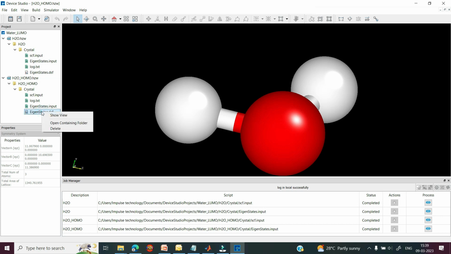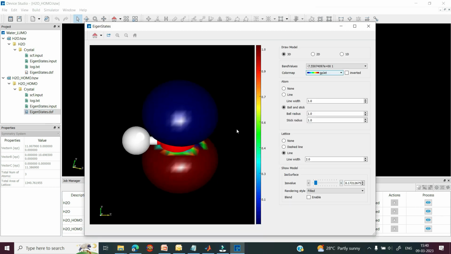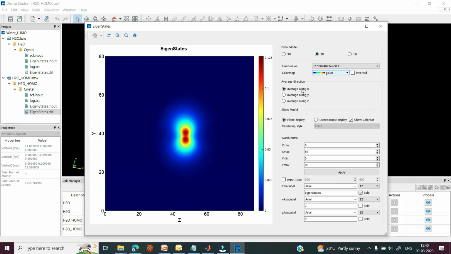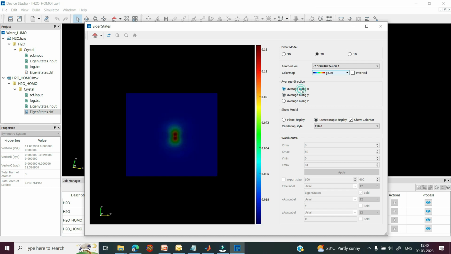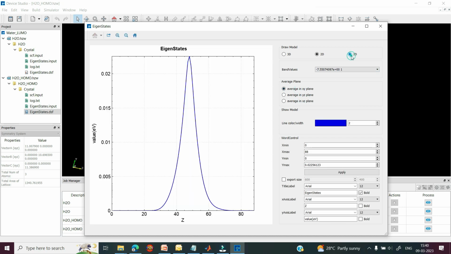Then you can select this other eigenstate.dsf file, right click, select this show view, and this is the eigenstate for this HOMO value. This is the 3D view. If you want to show the 2D, this is the 2D view along x axis, y axis, z axis. This is the planar display. This is the stereoscopic display along z axis, y axis, x axis, and this is the 1D view along xy plane, yz plane,